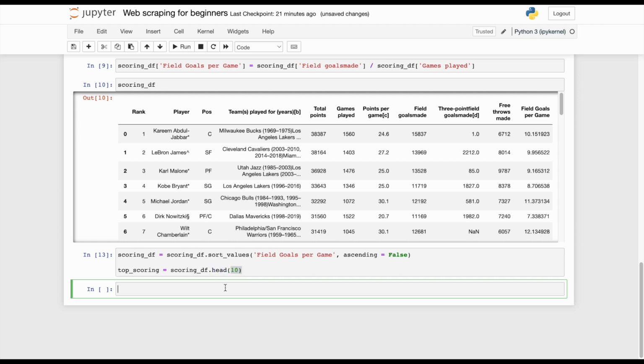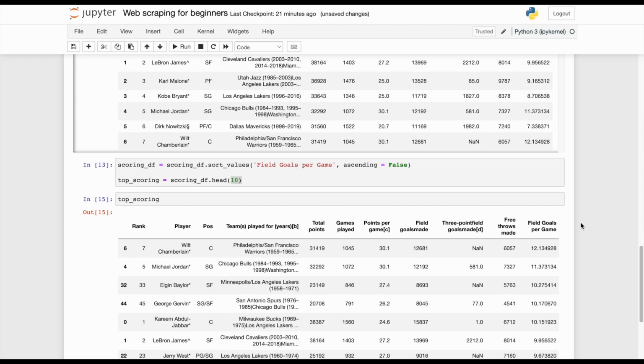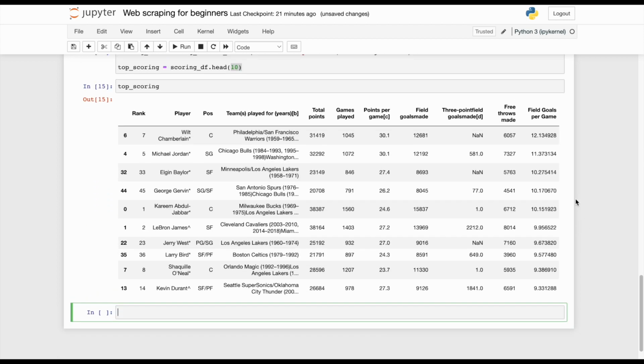So if we come down here and do top underscore scoring and hit enter, if we scroll down here, we can now see we have an entirely new data frame. And essentially, again, all we did was pull in the top 10 people when it comes to field goals made, and it's already sorted automatically for us. So we can see it looks like Wilt Chamberlain scored the most field goals per game out of our entire